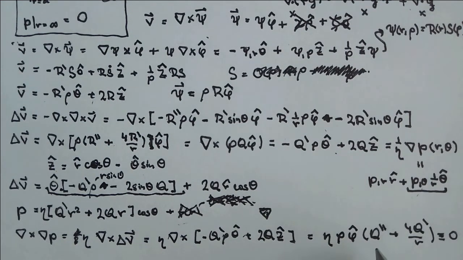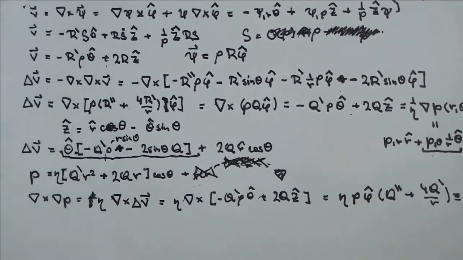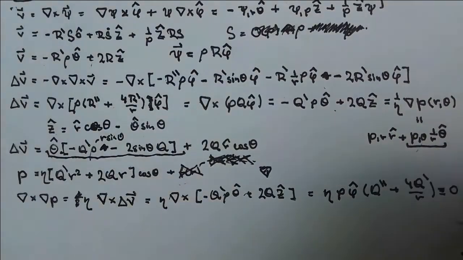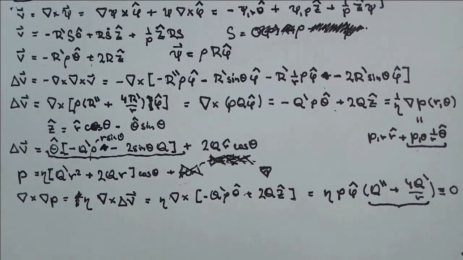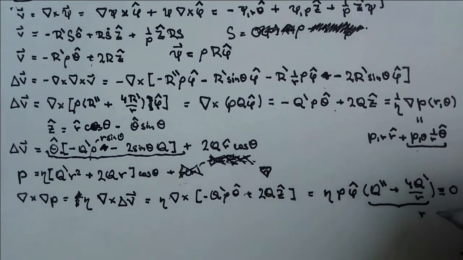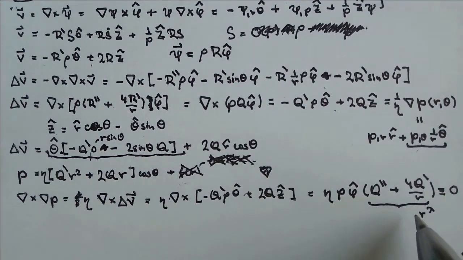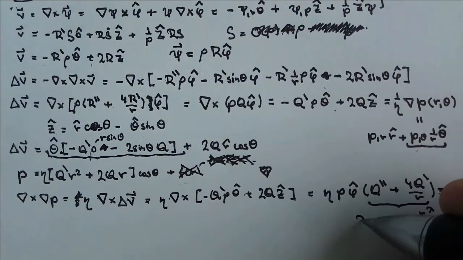This is only 0 when this is 0, so this part has to be 0. And how does one force this part to be 0? Oh, that's simple. This equation, if you have seen it already, then you are lucky, because this is the Euler equation. If you substitute in the characteristic solution, which is r to the lambda power, you will get the characteristic polynomial